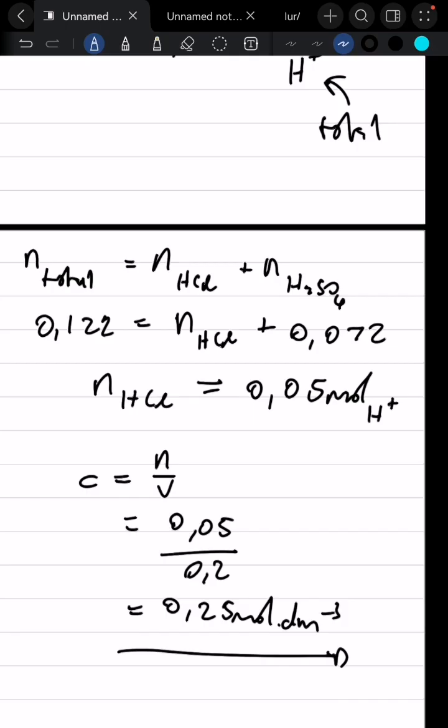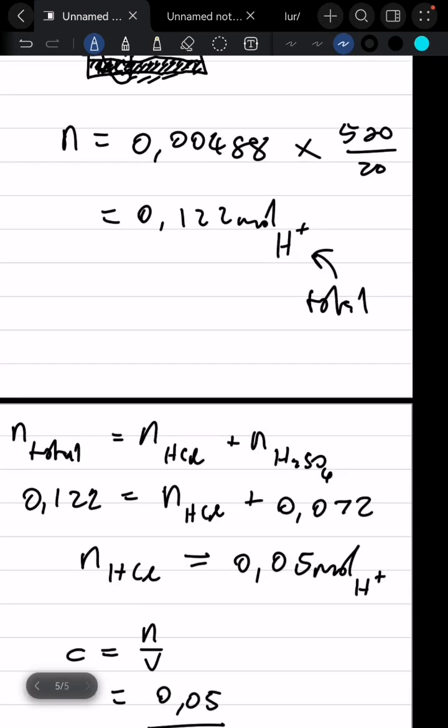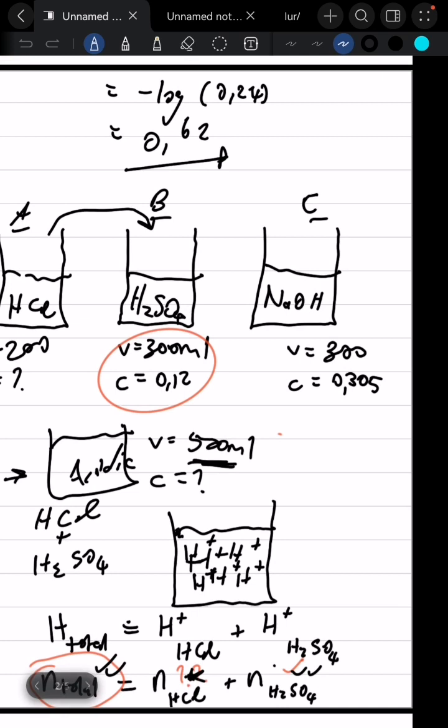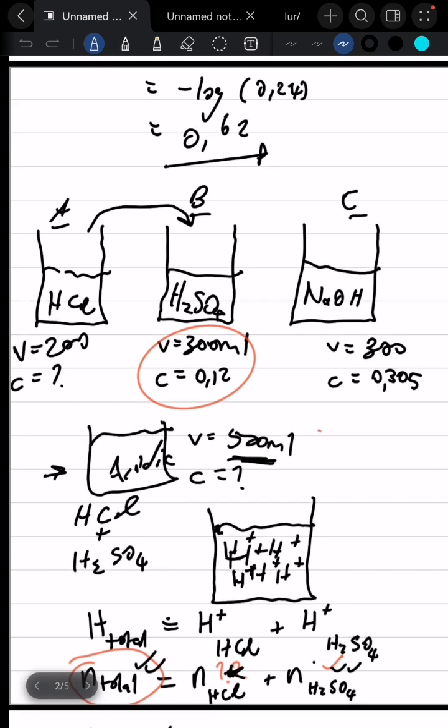Okay, let me just brief you again on the interview. You had a solution A and B, and they mix them. Then you're going to have an acidic solution, HCl, H2SO4. The one thing that these two have in common are hydronium ions. So hydronium ions in this acidic solution.